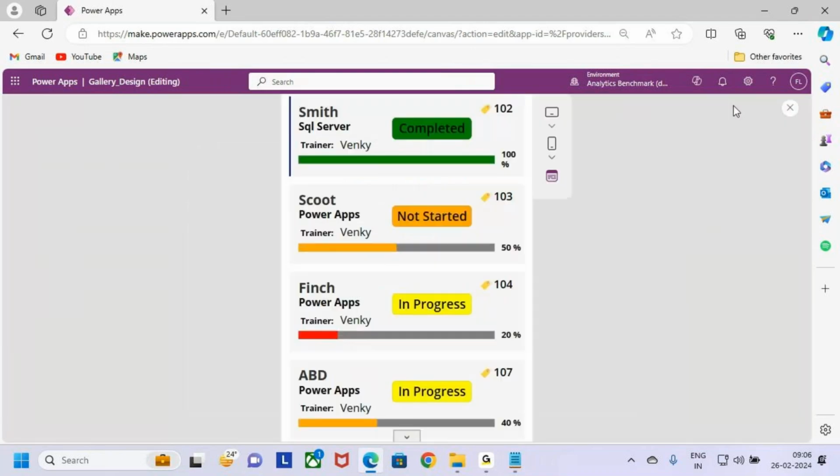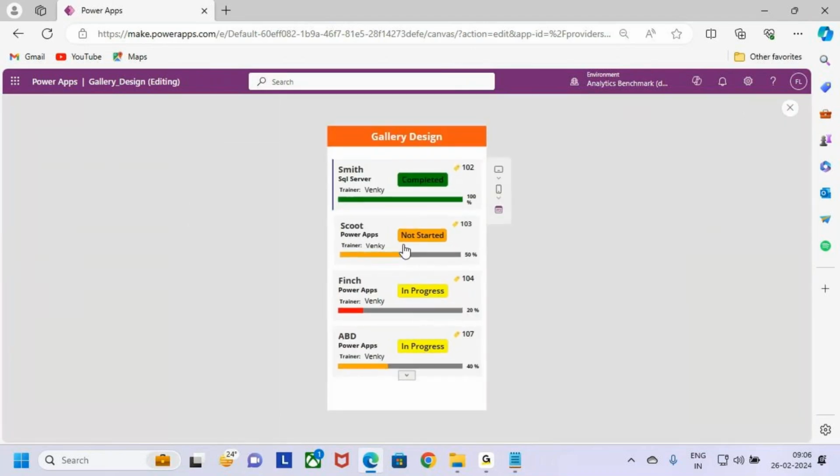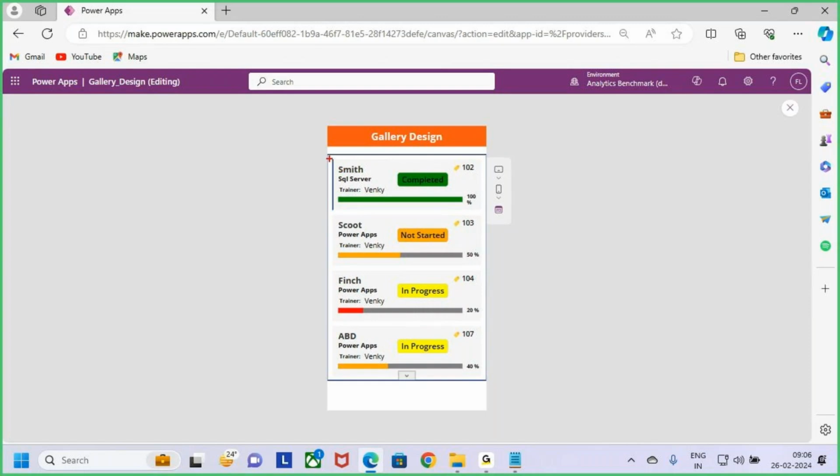Fine. Now here, guys, we discussed how to design galleries like this in the previous class with the help of different types of controls and the gallery properties. Whatever data I'm showing in this gallery in the visualization format, I want to show the same data in today's session in the grid view. Grid view is nothing but showing the data in a tabular format,